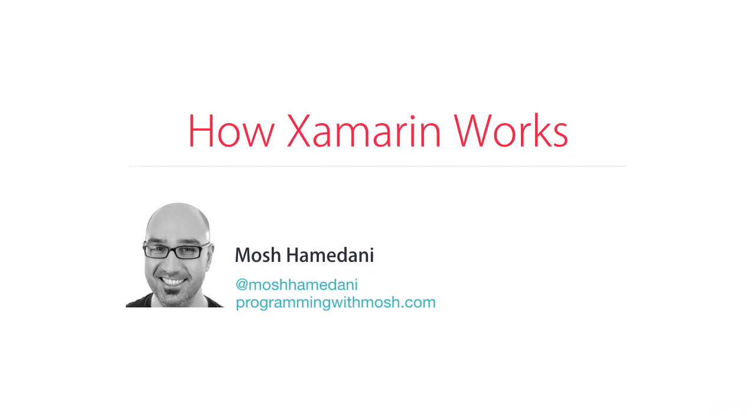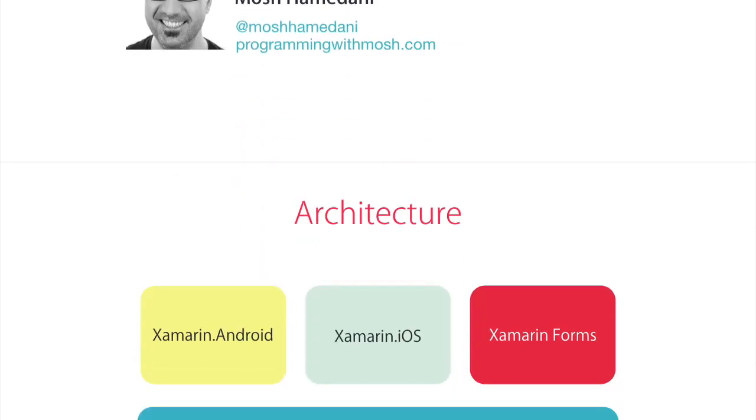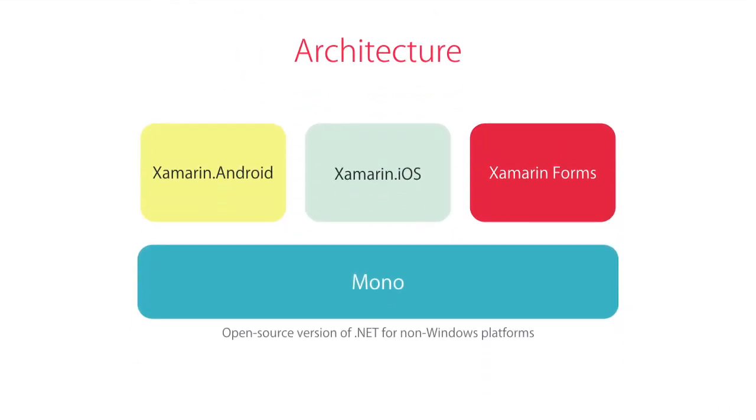So you have seen Xamarin Forms in action. And you know that with Xamarin Forms, you can build native apps for different platforms. But you might be curious how Xamarin actually achieves this. So let me give you a bit of background. All Xamarin products, like Xamarin.Android, Xamarin.iOS, and Xamarin Forms are built on top of Mono, which is an open source